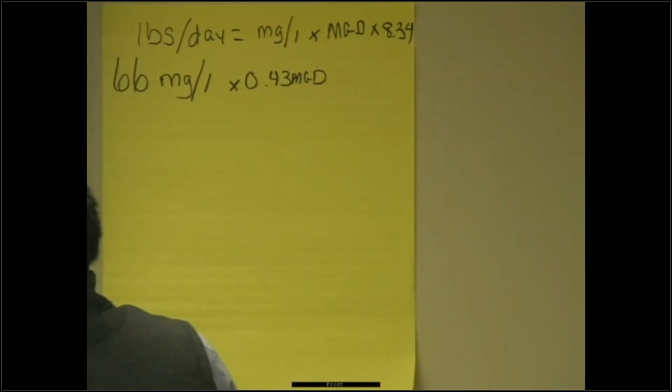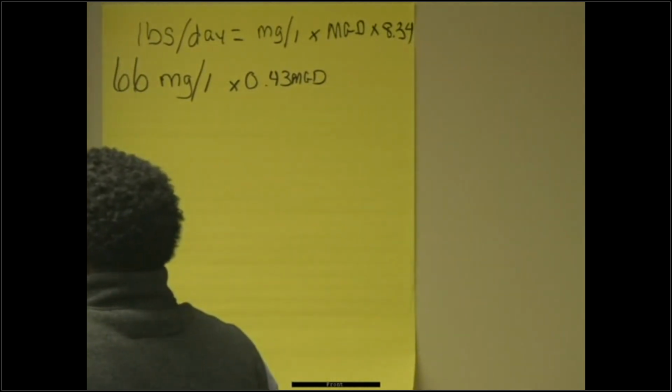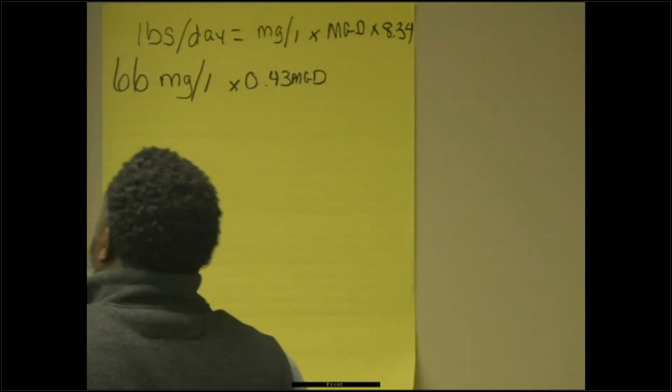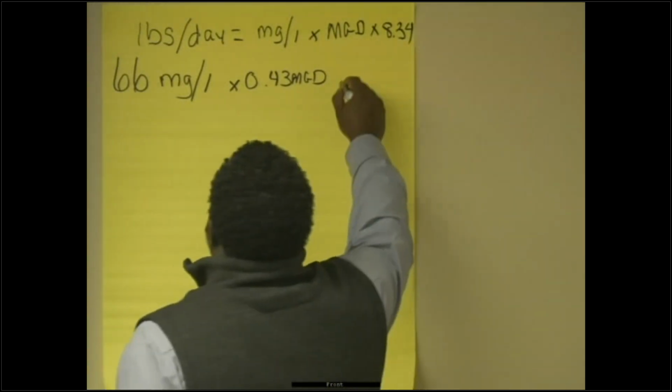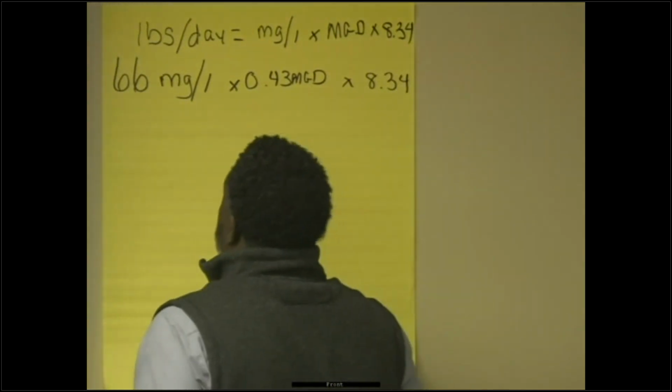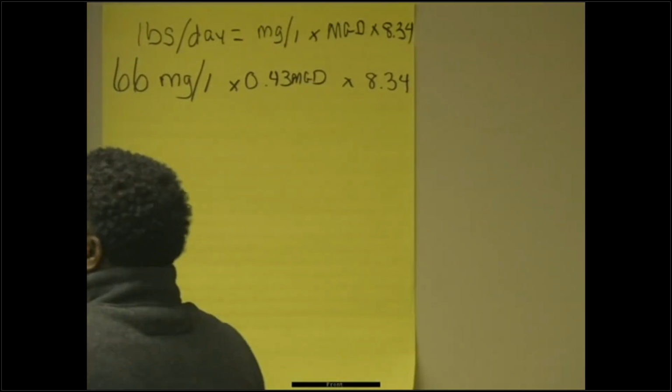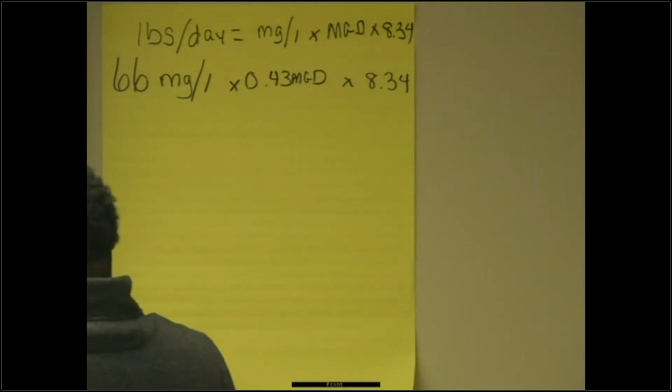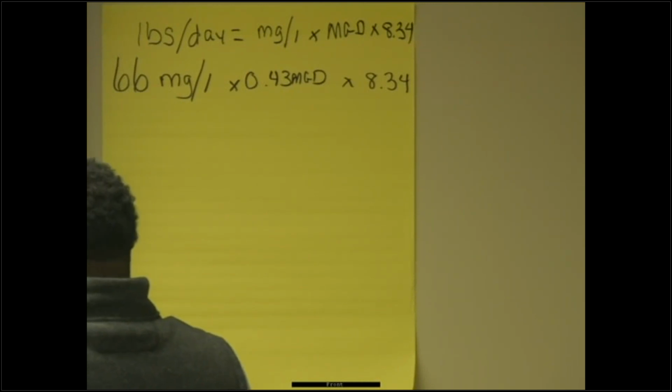Our flow, as previously indicated, is 0.43 MGD. Our constant is 8.34. So now it's just simply a matter of multiplying these three numbers, 66 times 0.43 times 8.34 equals